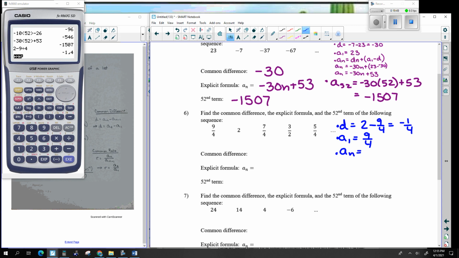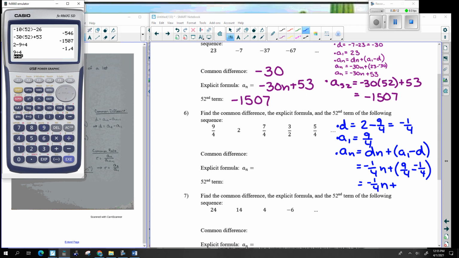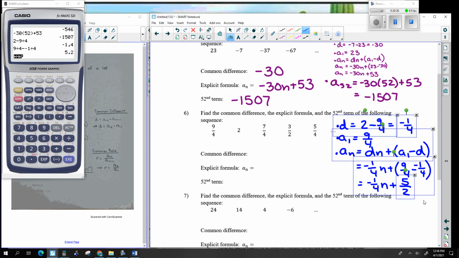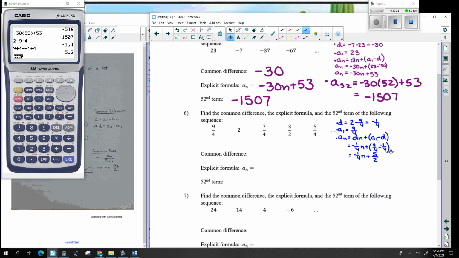The explicit formula, then the 52nd number